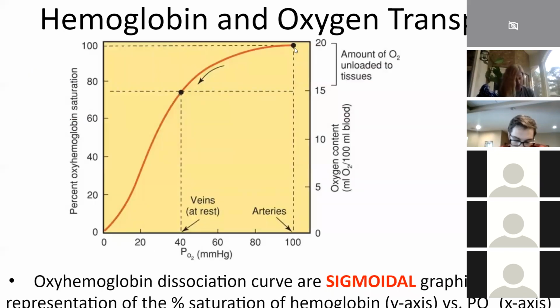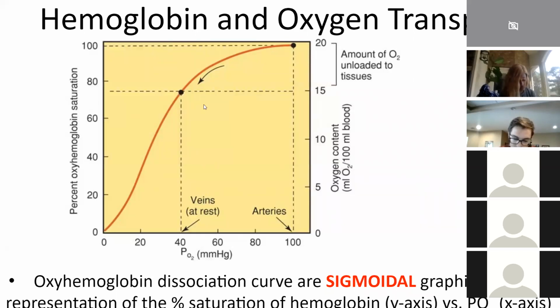So this graph is showing us the percent saturation of hemoglobin, again, in different oxygen environments. What you can see is that oxygen is all loaded on the hemoglobin when the concentration of the environment is high, and this would be where the lungs would be, up here. As you decrease the oxygen concentration of your environment, the percentage of saturation decreases, like we mentioned a moment ago.